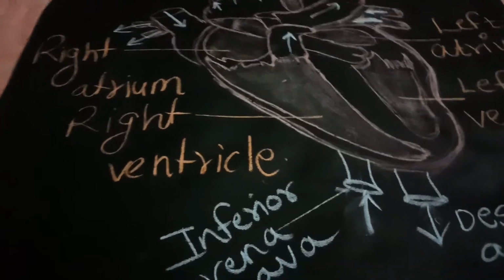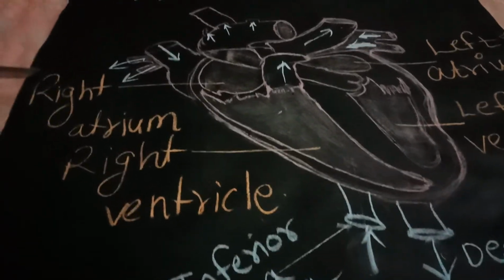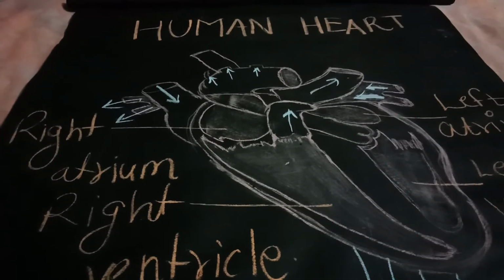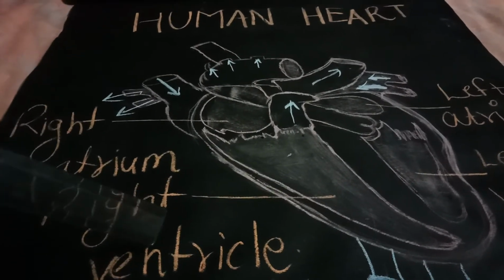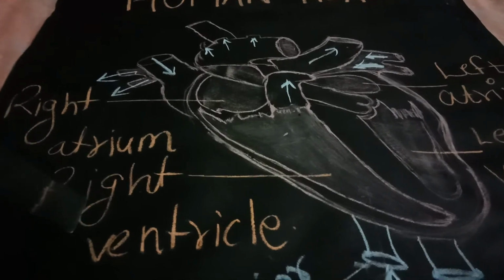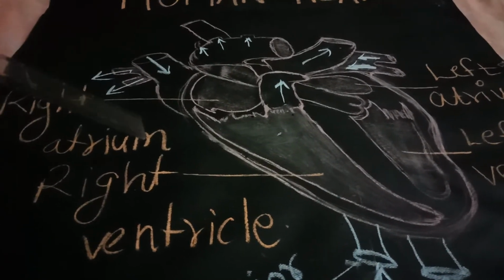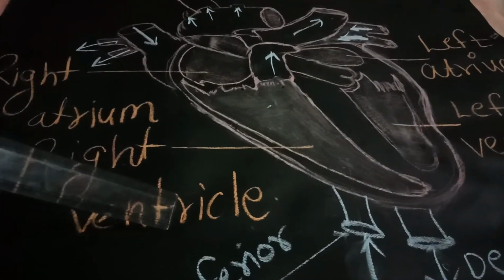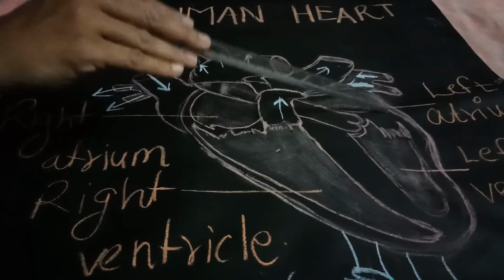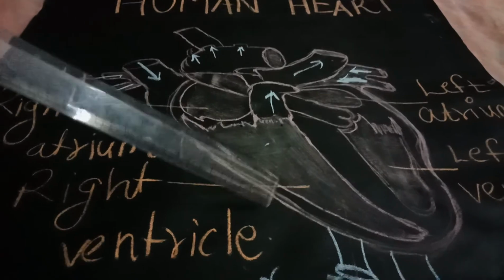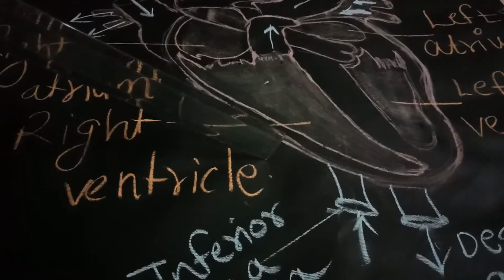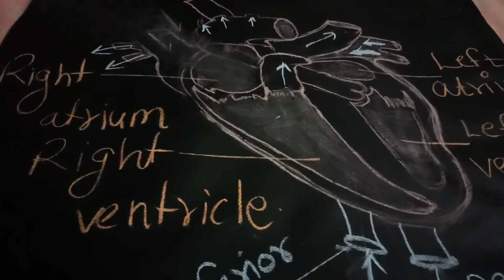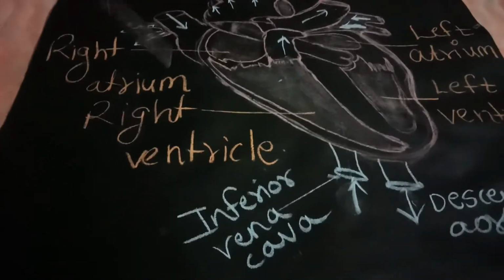Now here I am going to repeat what we have learned in this session. So students, first of all, the heart is made up of 4 different chambers. All the 4 chambers are divided into 2 upper ones and 2 lower ones. The upper chambers are called atria and the lower chambers are called ventricles. These atria and ventricles perform the functions of circulation of the blood.